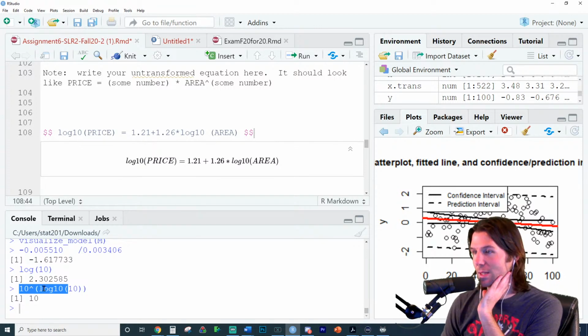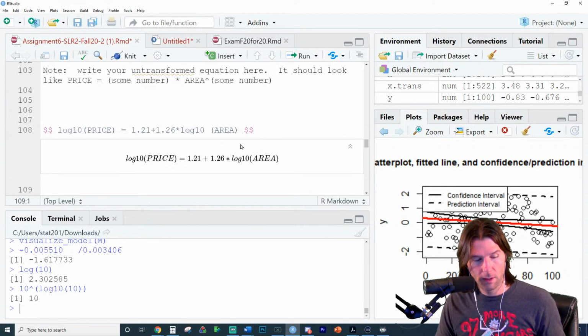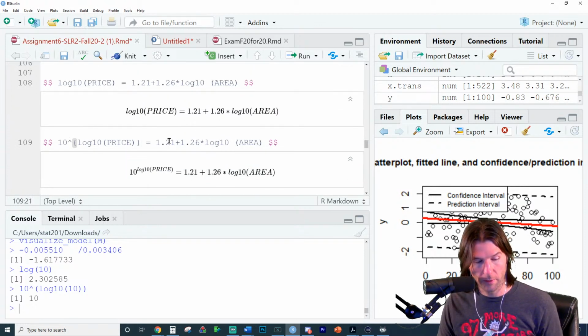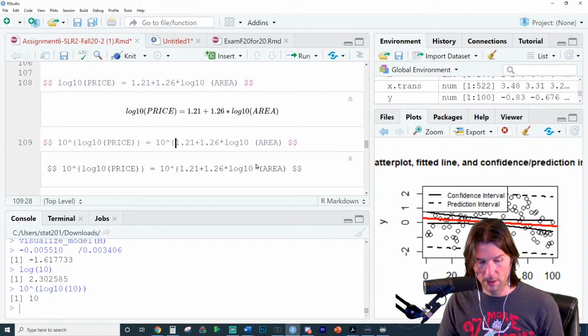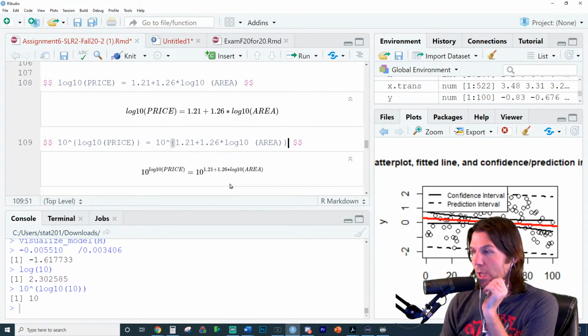So the 10th to the whatever it is, so we'd raise it to the 10th. Bingo. So then we go here, and we copy this, and we go 10 raised to this. Because whatever we do on one side, we have to do on the other. It's basically distributing out a raised to on both sides. So now we've raised both sides. And what's really great about this is